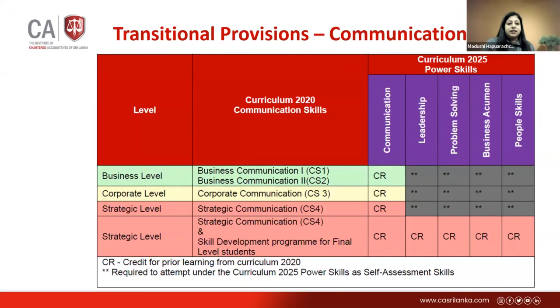Yes, Sarah. Under the new curriculum 2020-2025, that is the previous curriculum, there was a skill development program which is a prerequisite to complete the Viva. That is for the strategic level students, which we have conducted. The program was conducted by the Student Training Division. So if any of the strategic level students have participated in that 2-day skill development program, they can claim this transitional provision for the 5 hour skill module, along with if they have completed the CS4 course.